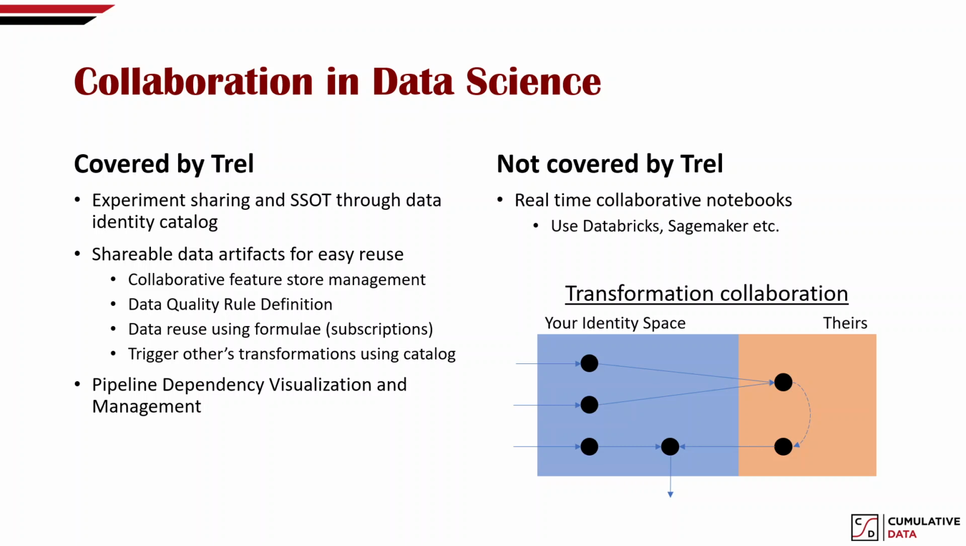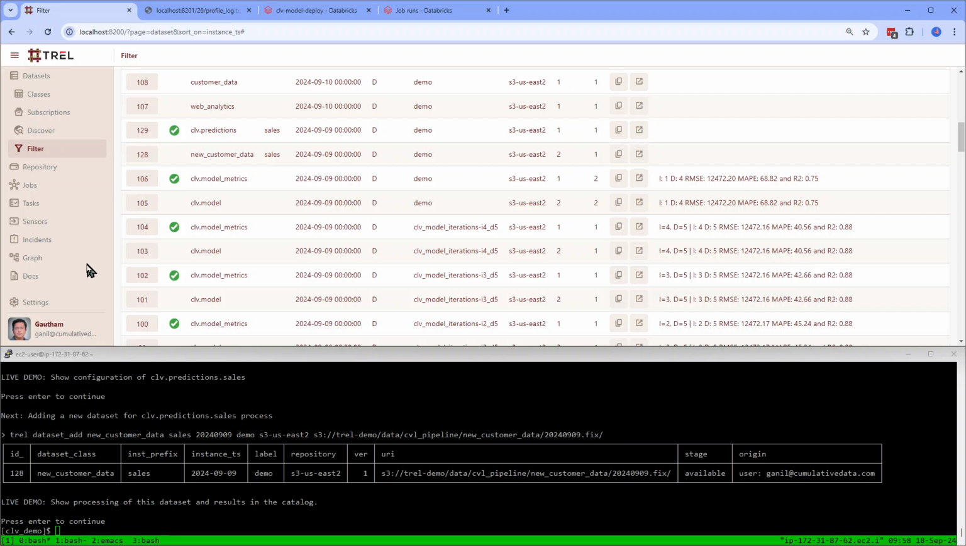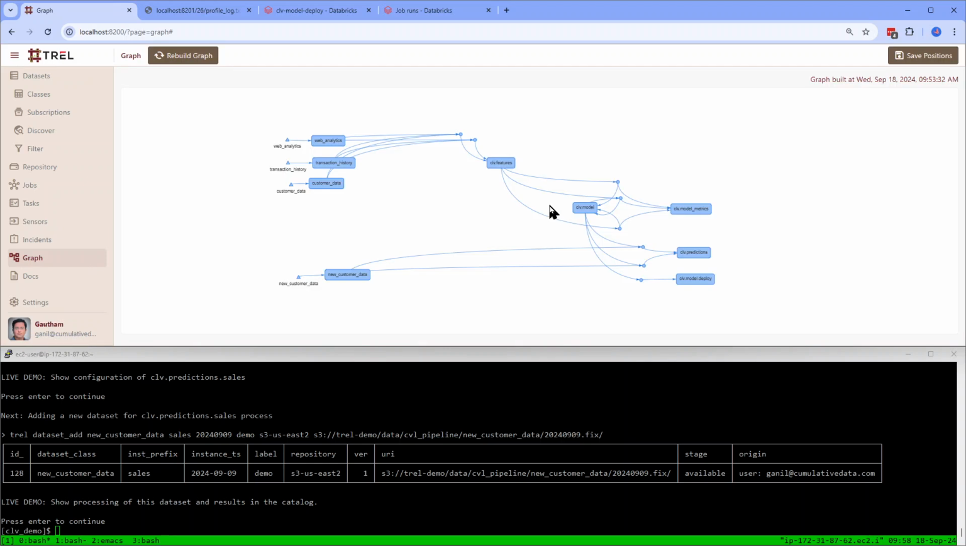But with Trel, because of this formula based automation, all dependency between jobs in Trel is clearly apparent through the formulae. So by looking at the formula, Trel can reconstruct the entire dependency graph or all relationships between jobs and data sets within your entire organization. So let's take a look at what it looks like for the work that we have done so far. So if we go to graph,